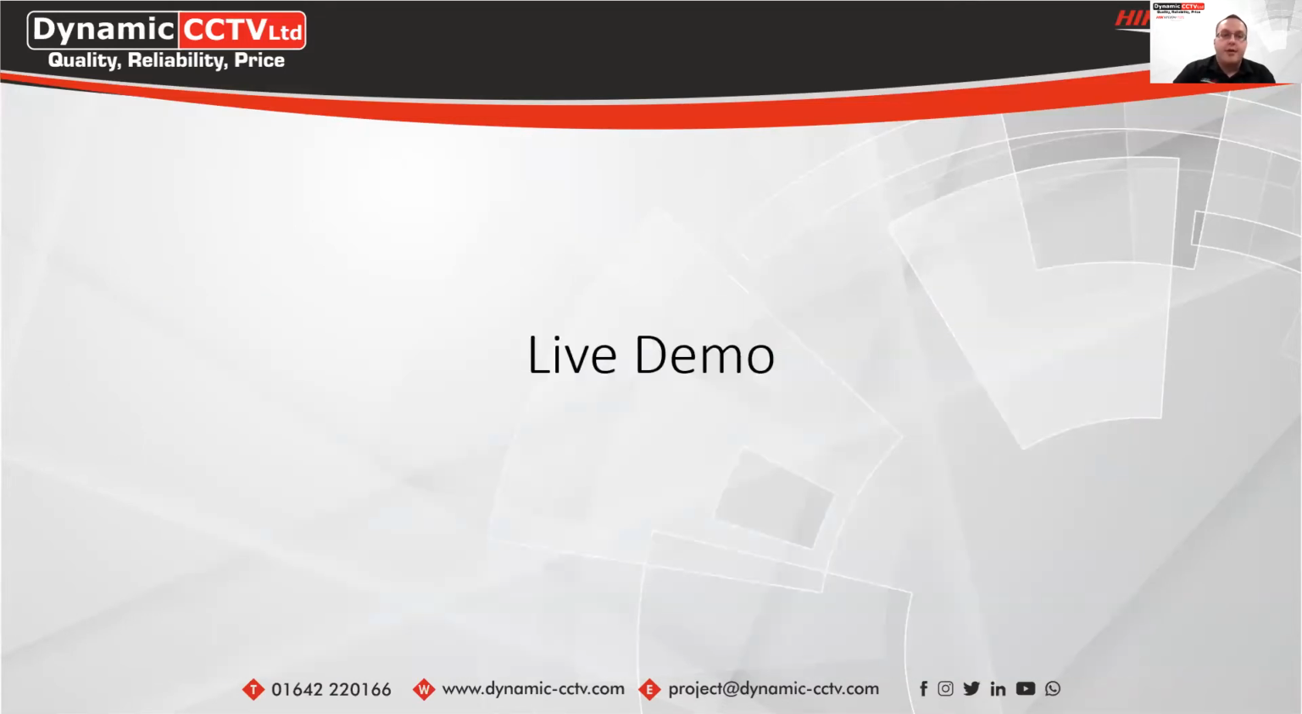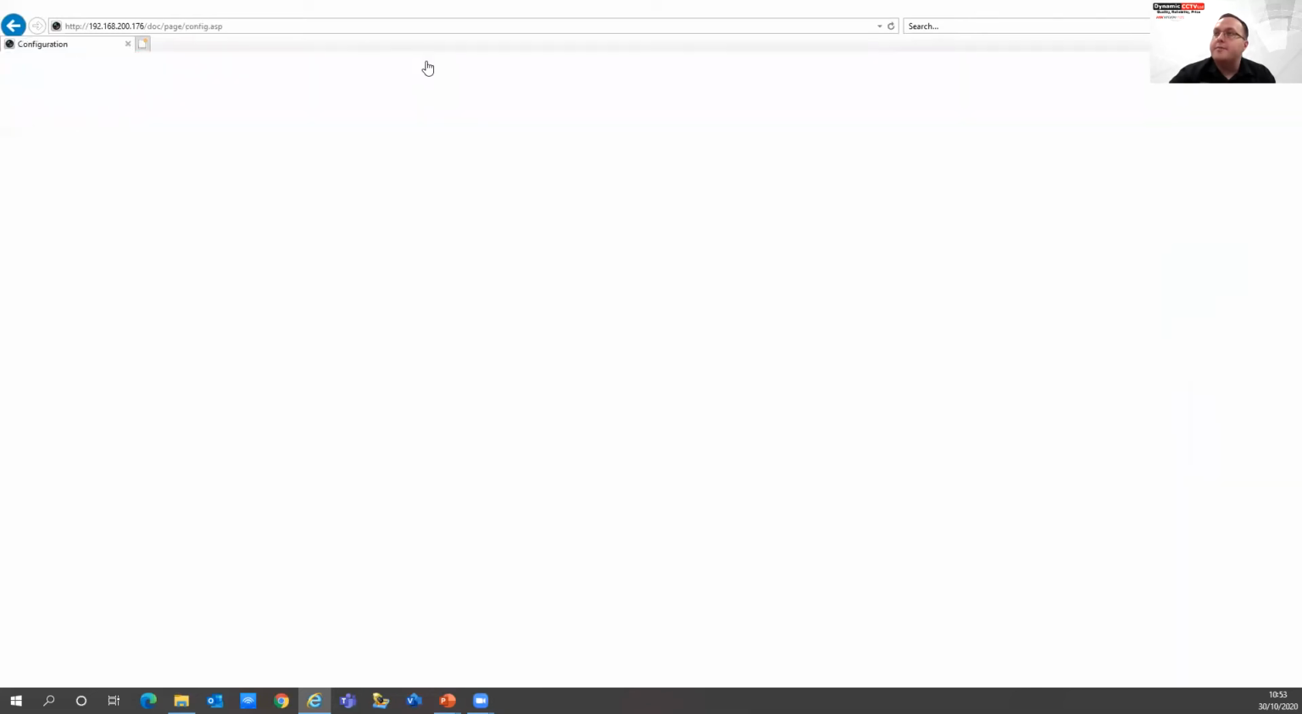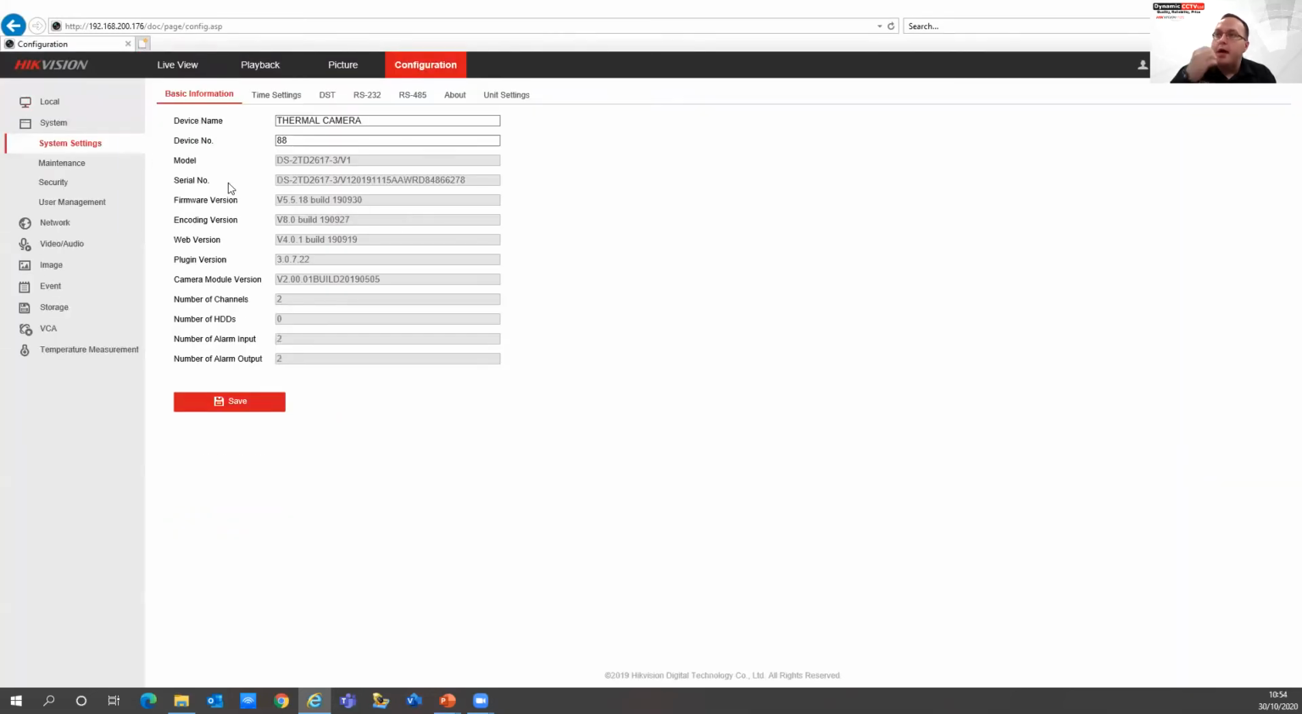So what I can do is bring up the web front end of our thermal camera that we've got mounted on the rear of the building. I'll just drag that over now. So this is the web front end of the thermal camera itself. It's a standard design that you'll be familiar with from standard cameras. If we go into the configuration page, and go into our system, and so this is the